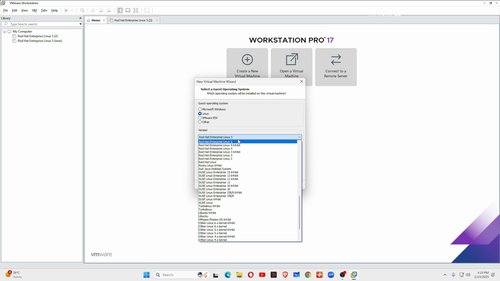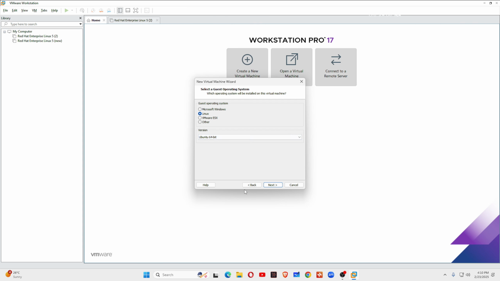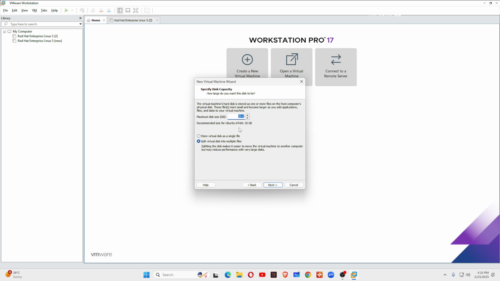From here, select Linux, then select the version. I want to install Ubuntu, so I will select Ubuntu 64-bit. Then click on next. You can give the size here, and I recommend you give at least 30 GB to your Ubuntu Linux machine. Click on next,